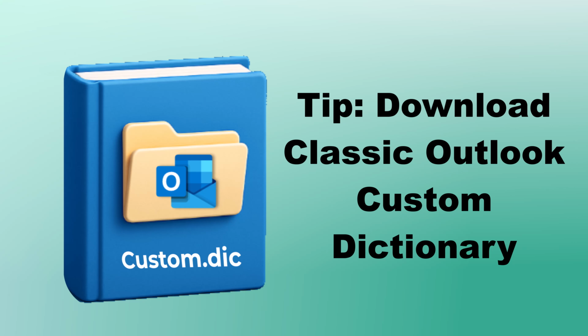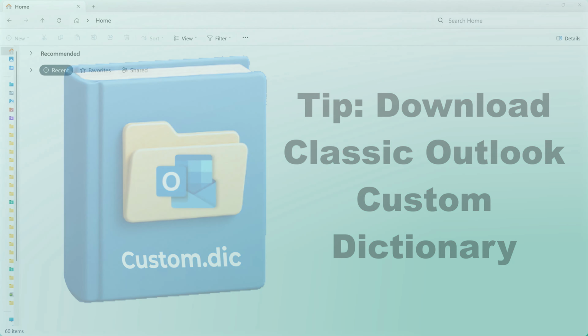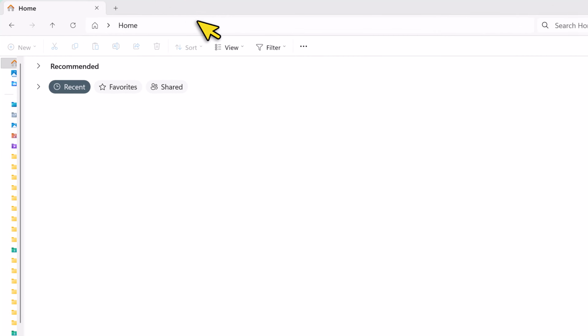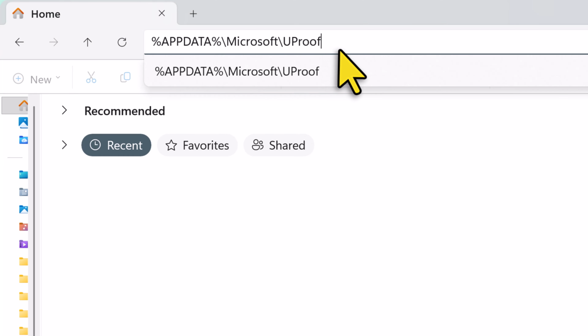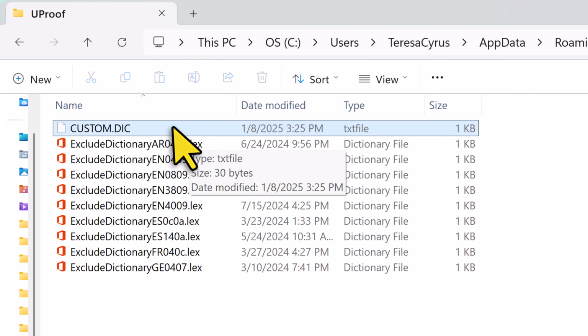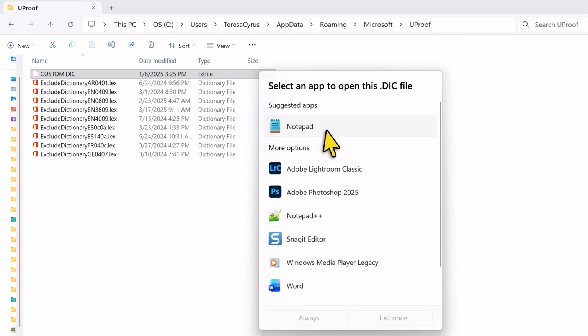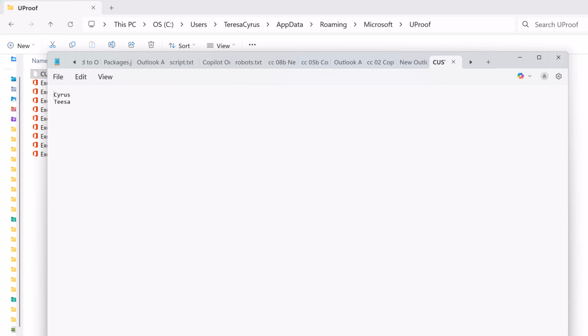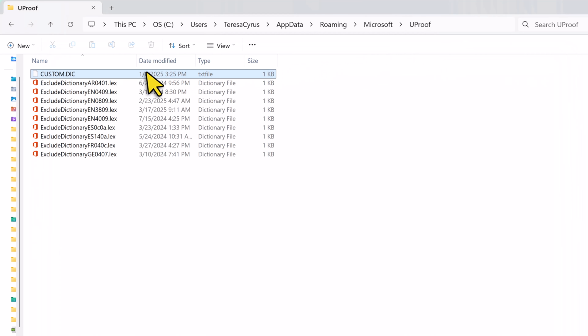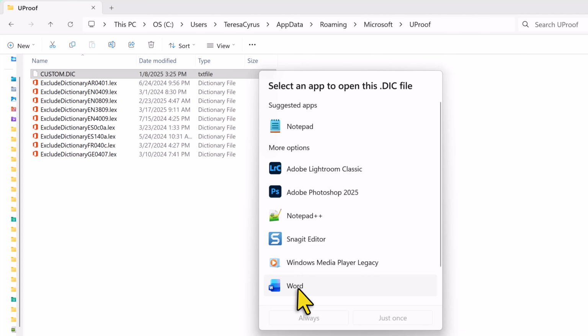If you want to review all the words that you have in Classic, navigate to Windows Explorer, paste in this link, and I will have this link available in the pinned comments. Double-click on the Custom.DIC file. You can open it up in Notepad, and I'll let you see what that looks like. Your list would be here, or you can double-click the file and open it up in Microsoft Word, and you'll